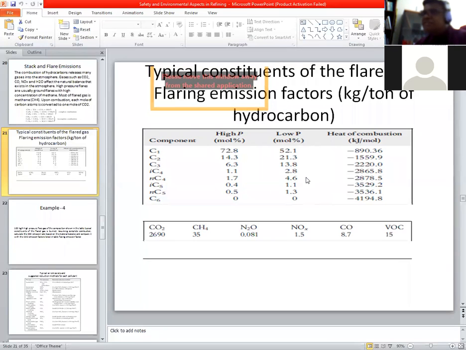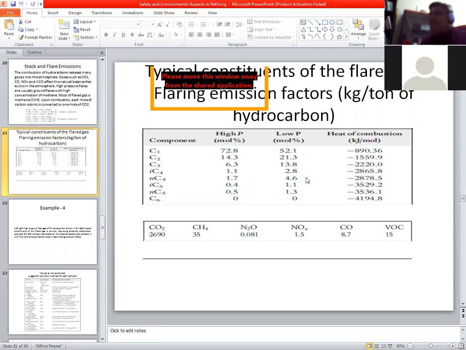The other is based on mass flow, molar percentage for the low pressure plant. So if we refer to the molar percentage of each gas, then finally we got the mass flow rate of carbon dioxide 291. Actually, there is a slight variation. Using the molar percentage, we got 291.56. Using the emission factor, we got 269. Okay, so this is for the comparison using emission factor and using molar percentage.